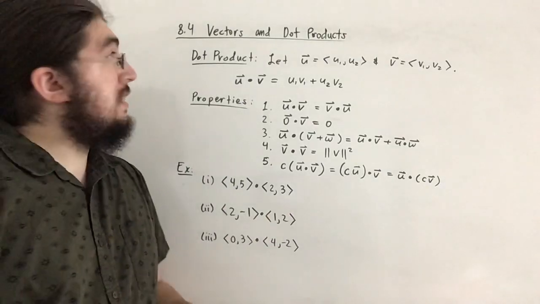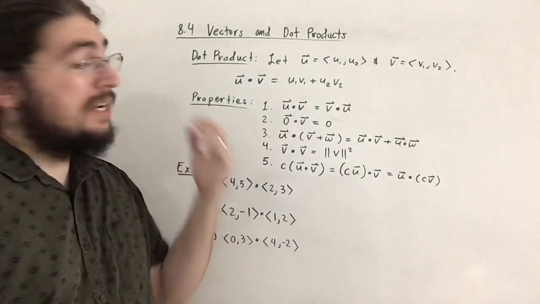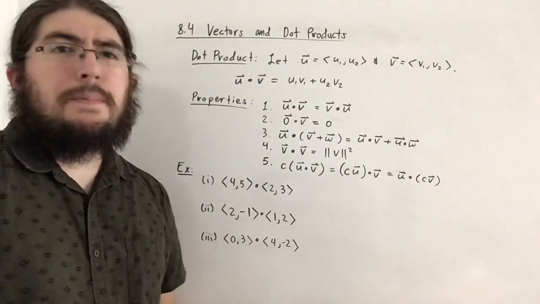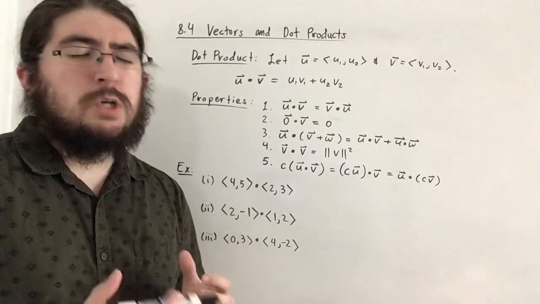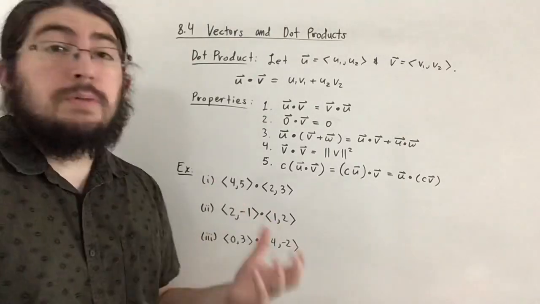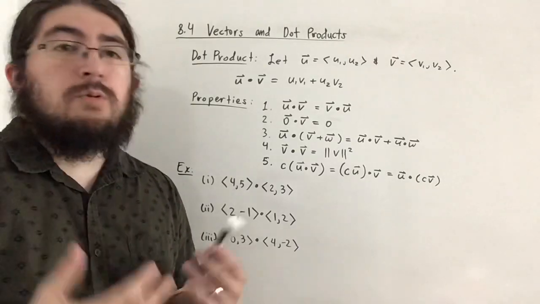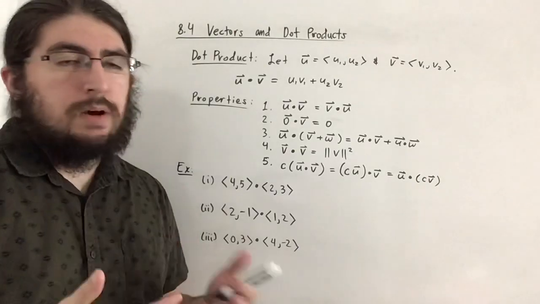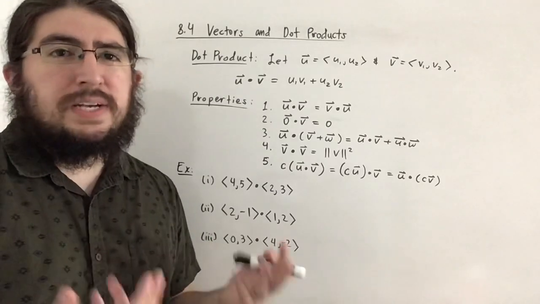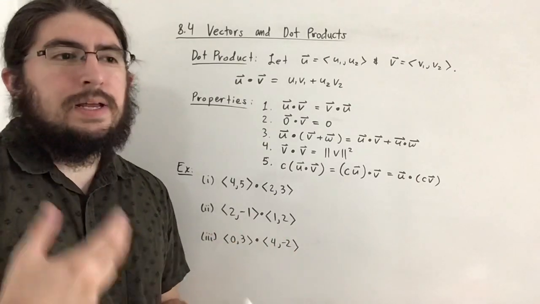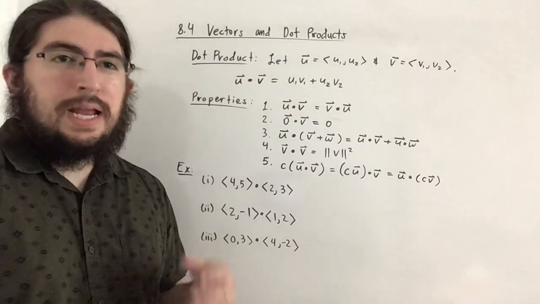Hello everyone, here we'll be discussing chapter 8.4, which is about vectors and dot products. Now the dot product is basically a way for us to somewhat try to devise a multiplication rule for vectors. Now the addition rule we found for vectors was a pretty intuitive one, and remember this is all definition, so it's just things we're kind of making up that should kind of make sense to us, and they also have